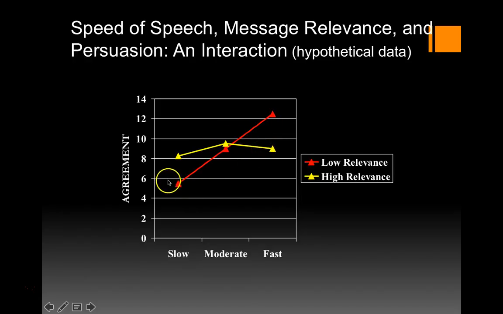Okay? And when the effect of one independent variable, speech rate, depends on the level of another, such as message relevance, when the effect of one independent variable depends on the level of the other, we call that an interaction effect, a statistical interaction effect. Okay, and that's basically what most researchers are looking for, because again, we want to know the conditions under which